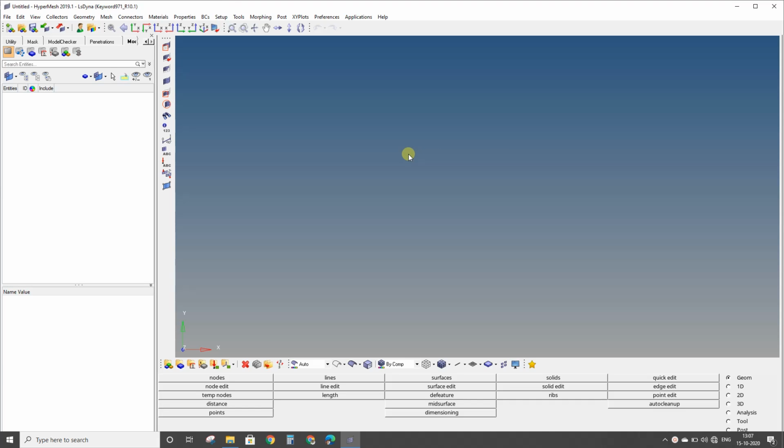Today we are going to take one analysis of ball impact analysis on a plate. For that we have to create first the plate, then the ball. We have to give the material properties to the respective plate and ball. Here the ball we are considering as made up of resin material. Okay. And first of all, create